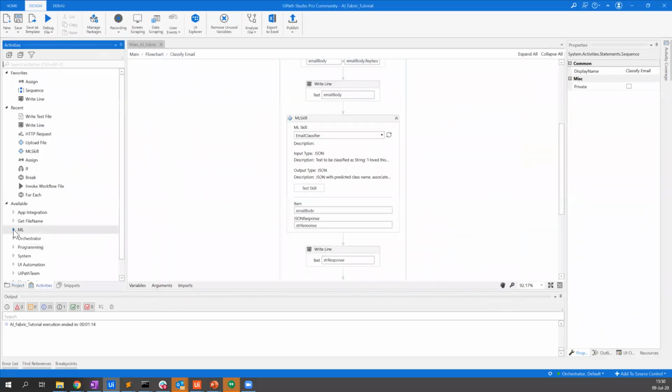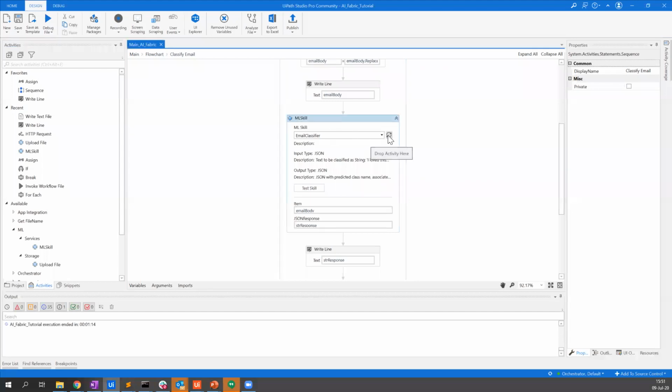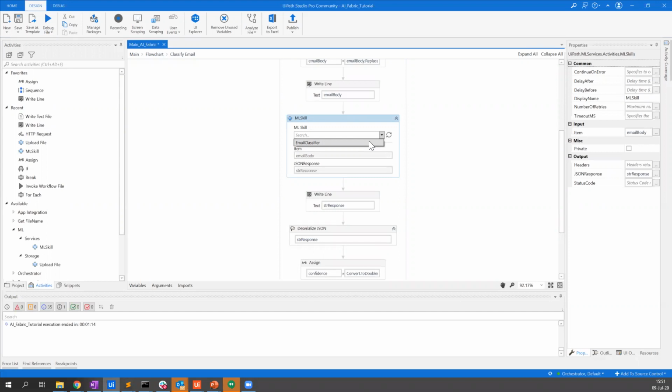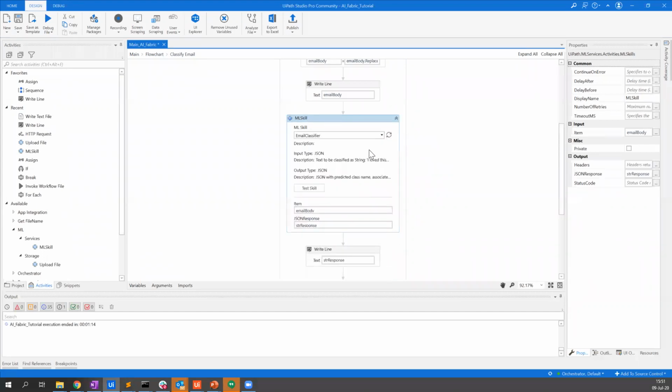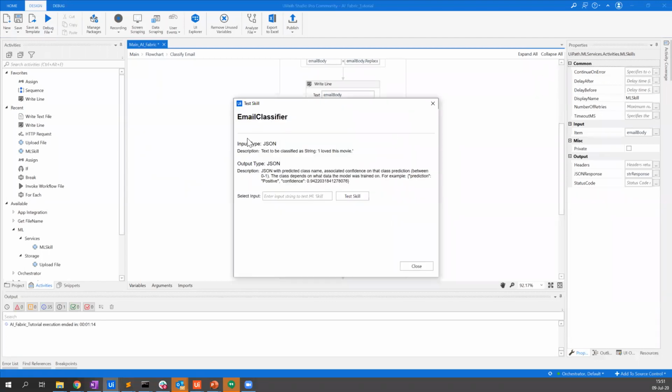If I look into this package, I have two activities. ML Skill, which is here, allows you to interact with AI Fabric. Basically here I'm fetching the different skills that are available to my tenant. There's only one. I can do that because my robot is connected to my tenant, so I can fetch some items there. I will show you how it looks on the AI Fabric side right after. You can also see some descriptions, like input description and output description, and you can even test the skill. Testing the skill is really just entering an input, in our case, some string.